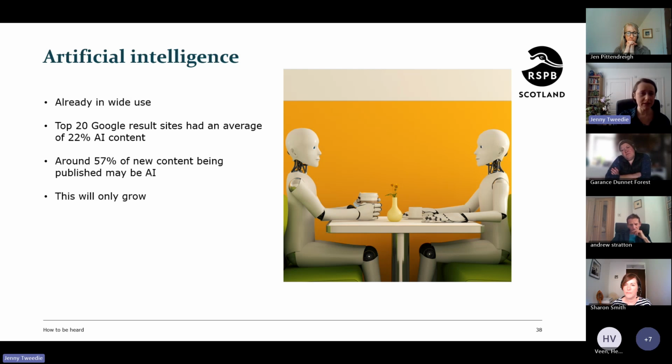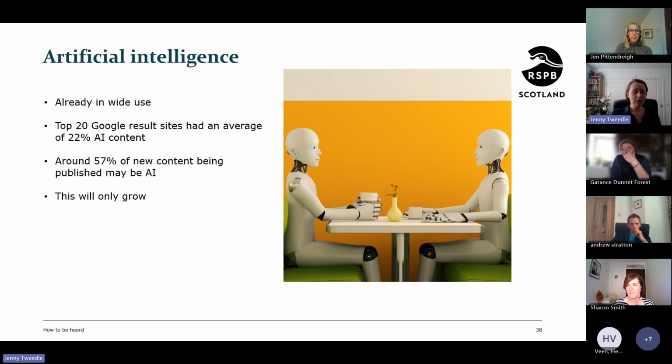So I came up with some stats. I did a very, very quick search for this. When you type something into Google, you'll get a long list of websites up. And for the top 20, on average, they had about 22% of AI content on the site. So that was content that was written by AI. So any website that you go to, basically what it's saying is that 22% of it is written by AI